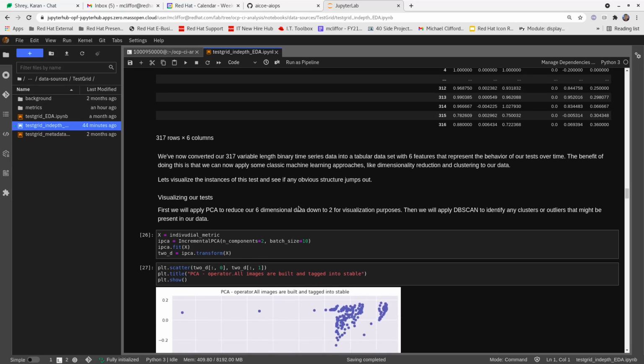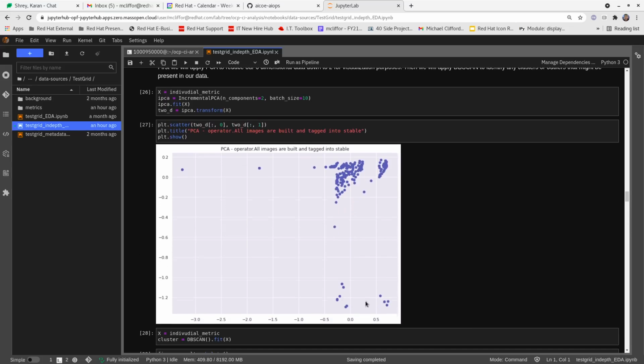Then we'll visualize these. Since it is in 6 dimensions, I'm going to use PCA and reduce the dimensions down to 2 for visualization purposes. So you can see here